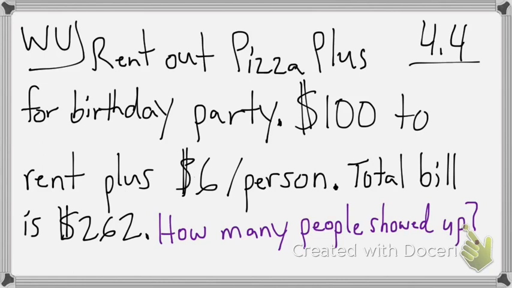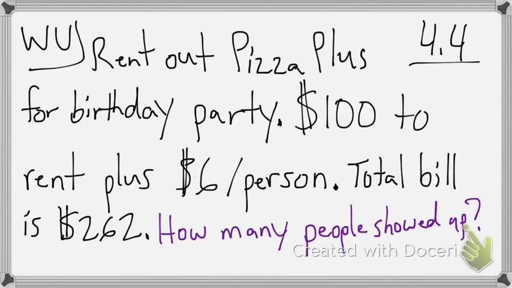What we're going to need to do to solve this is write an equation, and then solve the equation for x. Whenever you're writing an equation for these word problems, and we're going to work on these a lot this year,